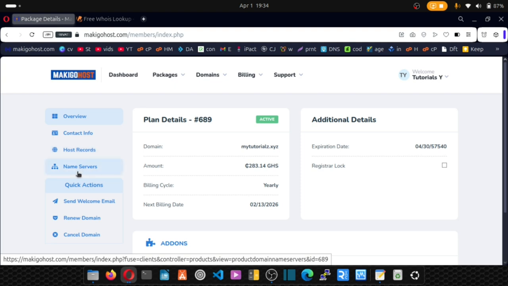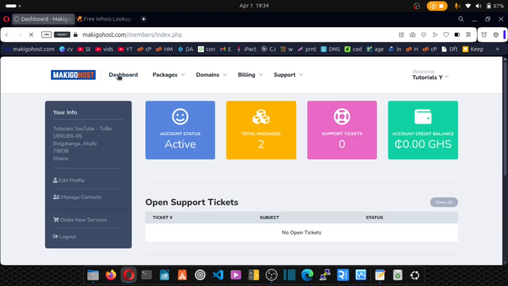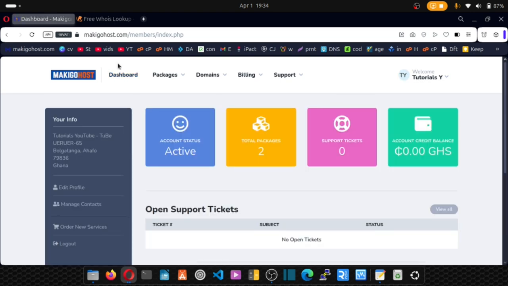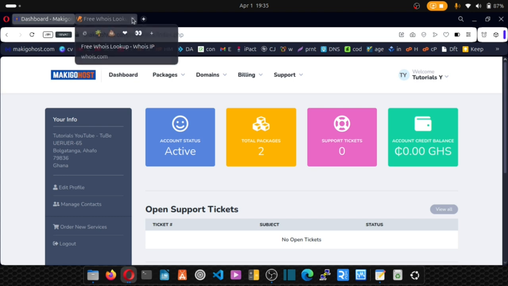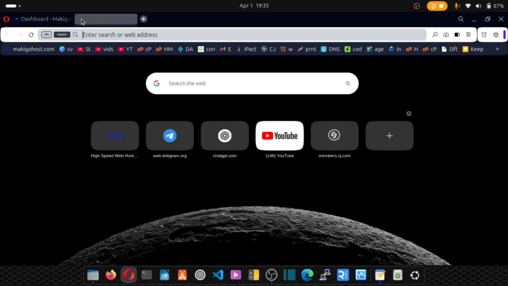And now you see we have name servers. You can lock your domain and do a lot of cool stuff on your dashboard. So what I'm now going to show you is I'm going to teach you how to log into your cPanel, and that's where you'll be managing your website files. So just type your website name, okay, your domain name